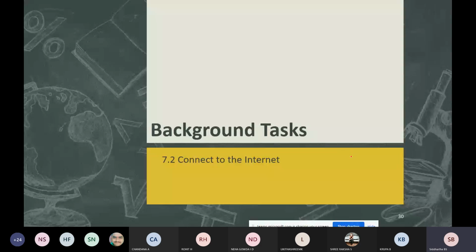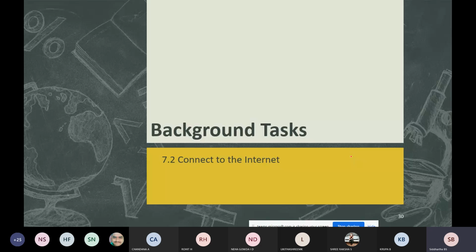Most Android applications will fetch data that the user interacts with, like if you want to have weather information, or if you are running any game data, or likewise, so you need to interact with the internet. So how do we need to connect to the internet? There are some steps to connect to the internet. First, you need to have a permission, and that permission can be written in the Android manifest file.